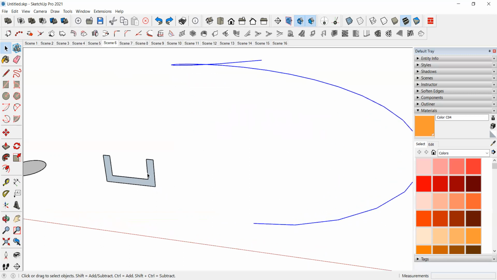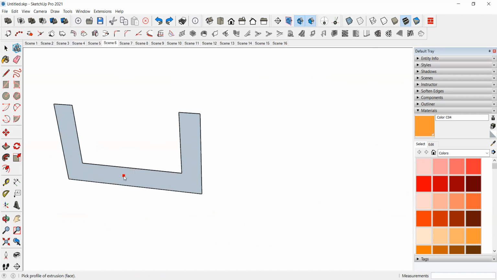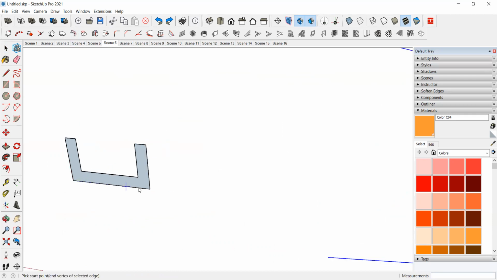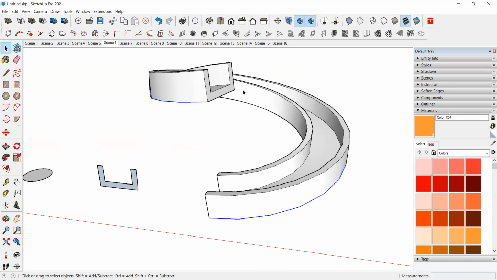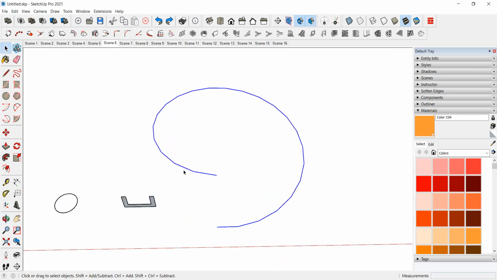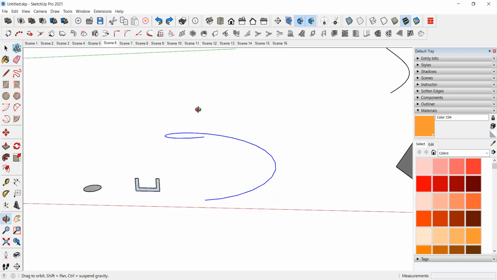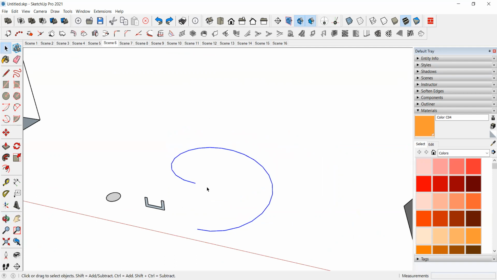Otherwise we can take another surface. So click on this face and click like this, and it will automatically create the face here. So in this way we will extrude that. And do you know how this shape came? How we will draw this line like this?